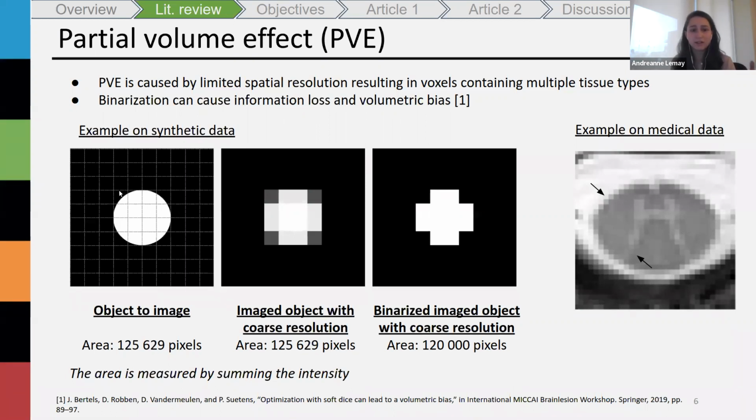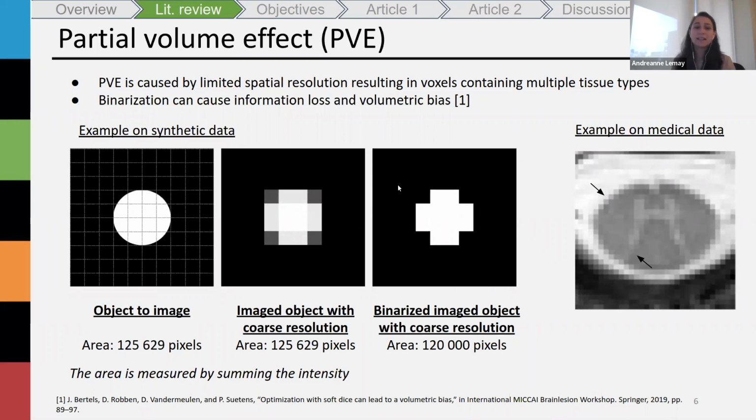So here we can see that there's the background and maybe the tissue of interest. Then the resulting intensity of this voxel is the weighted average of the intensity of these tissues. So if we try to represent this object by a binary segmentation, first of all, it doesn't necessarily represent the reality quite well, since, for example, here in the binary representation, this voxel is attributed to background. But if we look at the original image, we can see that there is still a bit of tissue in